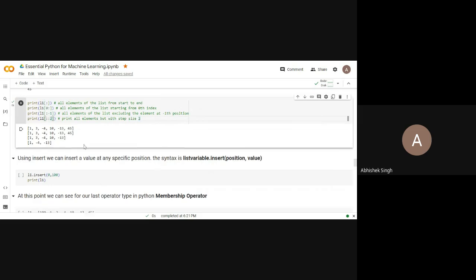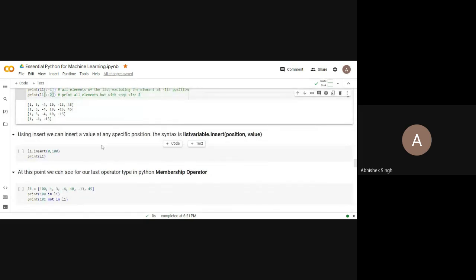Now we can use the insert function to insert a value at a specific position. The syntax is the list variable, that is L1, then dot insert, that is the function name. Then first I have to write the position. So I'm writing 0 here, and then what value I want to insert at this position. I want to insert 100.